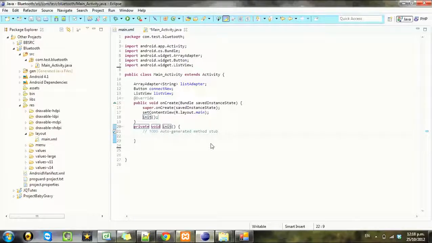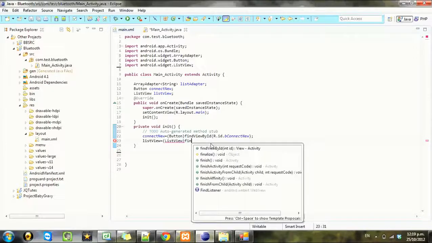It's easier that way. And we want to go connect new equals button find view by ID R.id.be connect new list view new. That's the class, so just make sure you don't make that mistake. List view find view by ID,